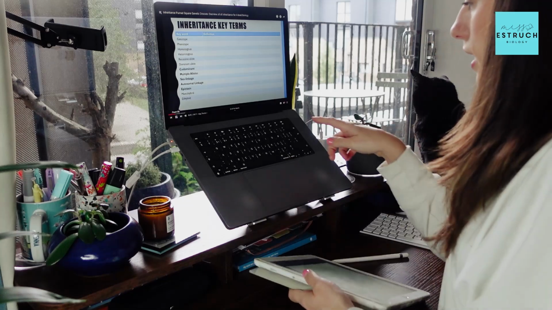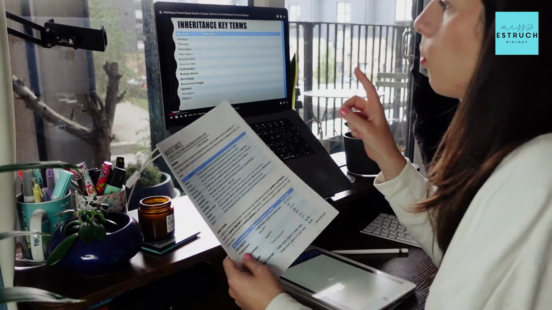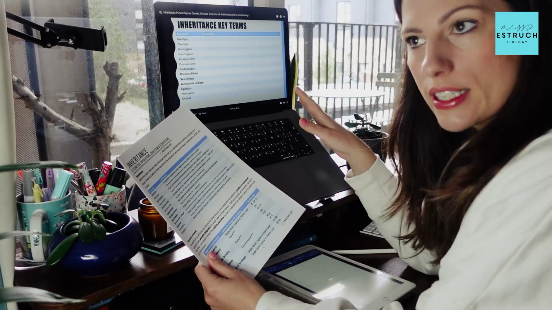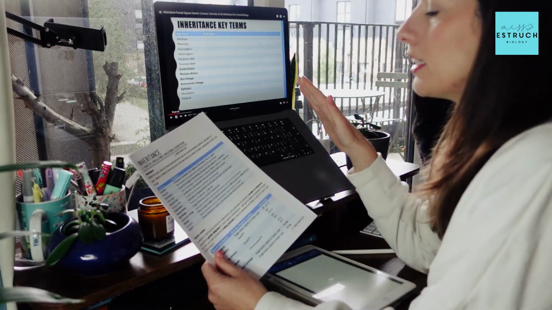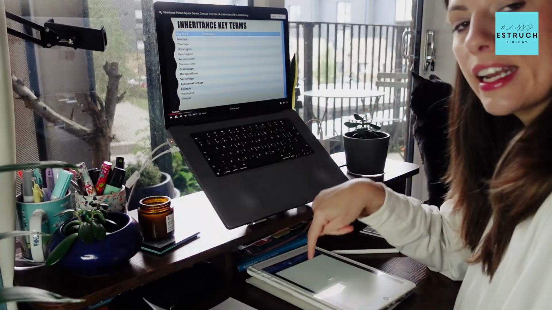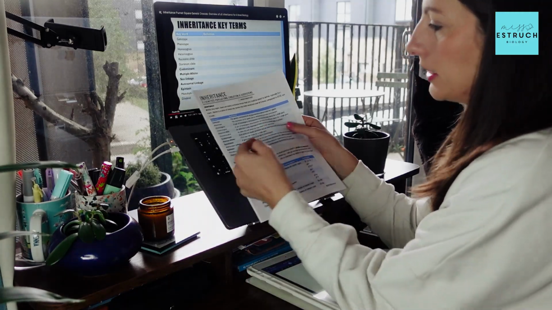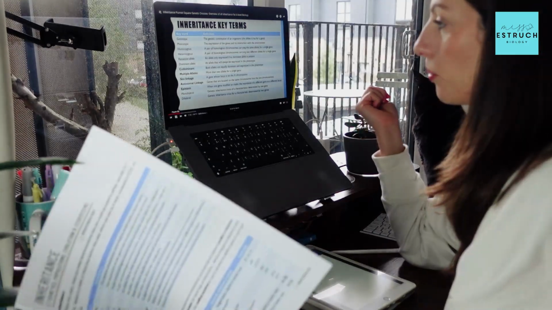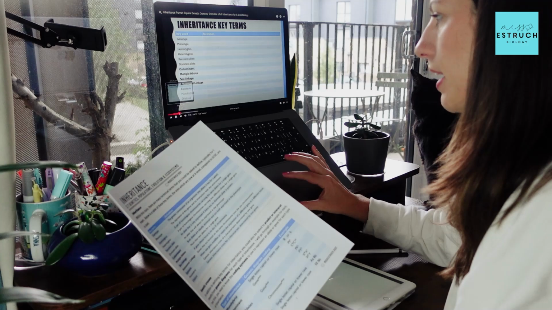So this bit here, we've got the key definitions about to come up. One thing that I'd probably do, if I was testing I understand it, if I don't remember these at all, because the first step is actually understanding, not remembering. If you don't understand them, then yes, listen to it the whole way through. If you don't already have my notes or flashcards, then in your notes, I'd be writing down those definitions. But if you have got my notes, it literally matches up to this. You don't need to write it down. Same with my flashcards. Or what you could do is, if we just go back to this bit here, pause it,